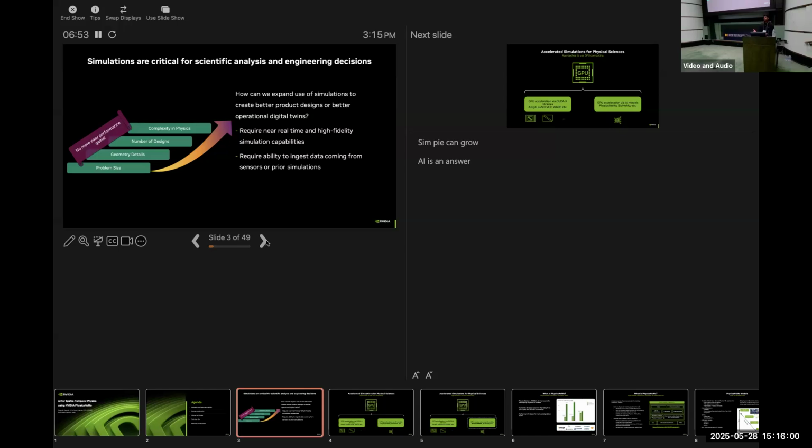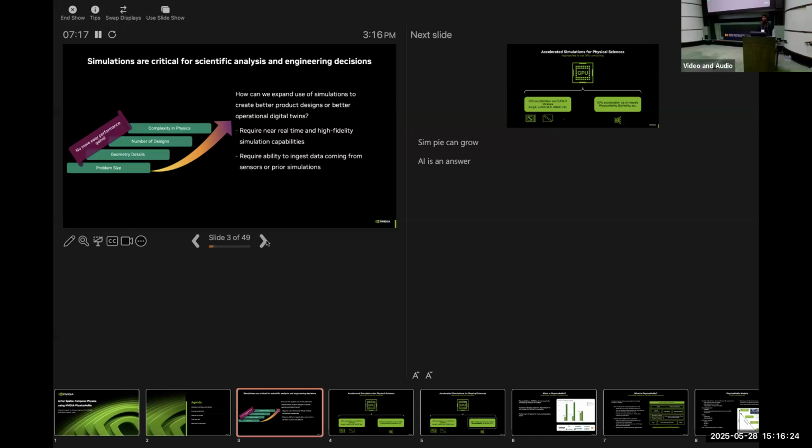They provided an order of magnitude speed up in terms of what you could achieve. We have come a long way since then. But even now, those methods are getting computationally expensive as the number of designs that we want to analyze, the problem domain sizes, and the complexity increase.